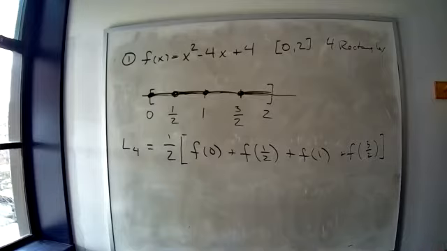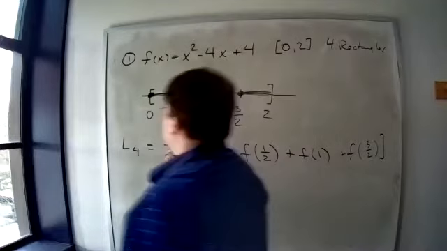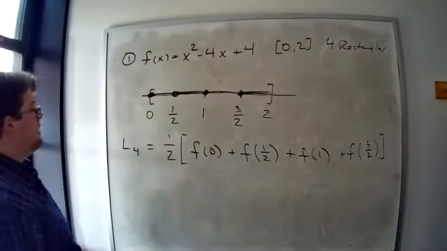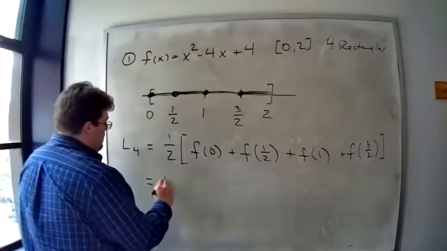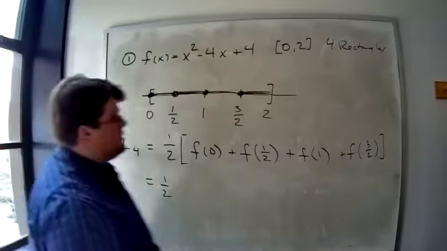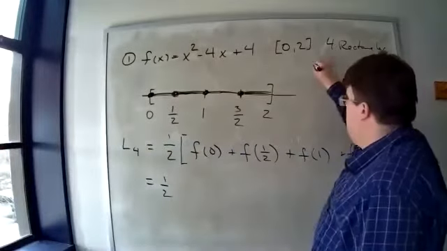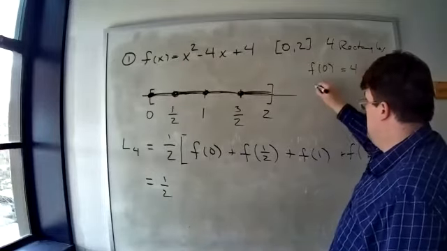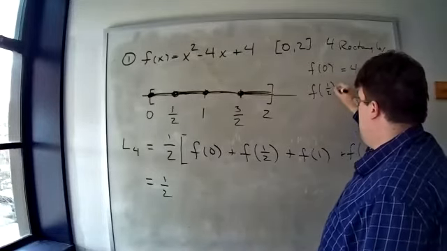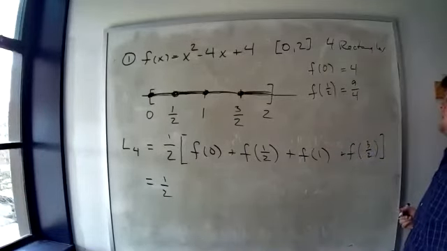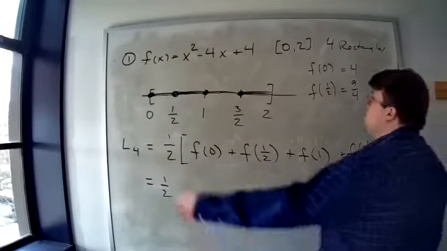So we divide the interval into 4 pieces, and we use the left endpoints here to figure out the heights of the rectangles. Well, now we need f of 0, f of a half, f of 1, f of 3 halves. I'm going to do those as side work over here. f at 0, so 0 minus 0 plus 4. f at a half is 9/4. Why is f of a half 9/4? Well,